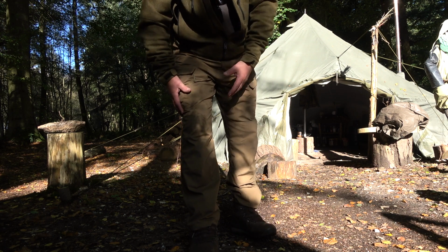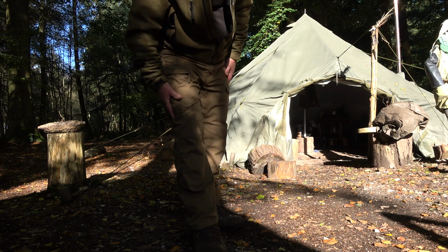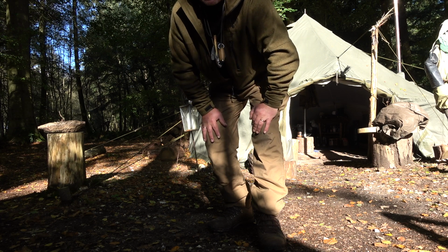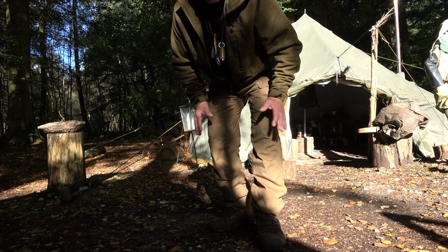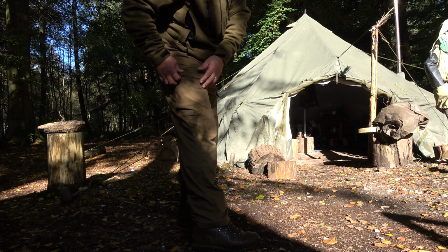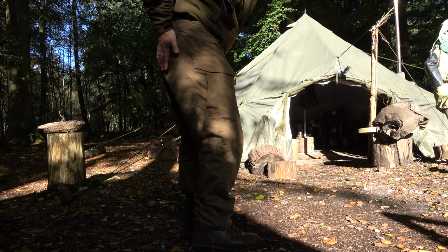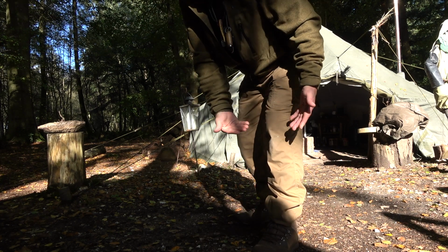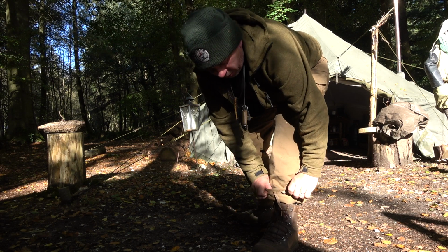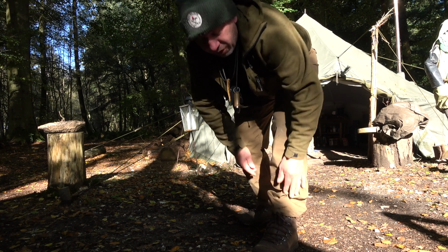So pants are important. I have these, they're quite new. I used to run Far Raven, but I find these so far a better brand. I find them really comfortable. They've got a great fit. They're triple stitched. They've got multiple pockets, and the thing I like, they've got rear pockets as well, which the Vida Pros don't have. You've got a pad insert for the knee, drawstring bottoms,